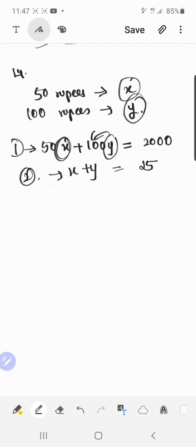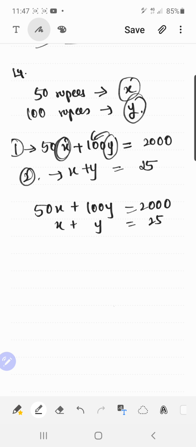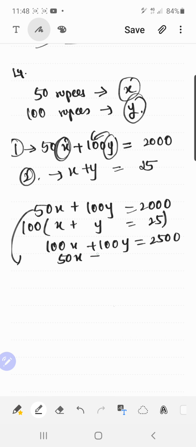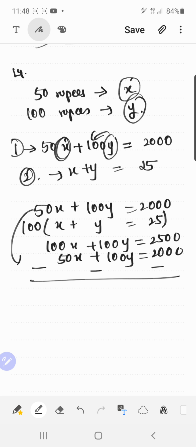Yes, what you can do is you have to take 50x plus 100y is equal to 2000 and x plus y is equal to 25. Now it's up to you which variable you want to eliminate. So if I want to eliminate, suppose y, I'll multiply this with 100, so that I'll get 100x plus 100y is equal to 2500, and I'll take this equation down to equate with this. But the signs are not opposite, so I have to make them opposite by subtracting. So I'll get 50x is equal to 500. From there I'll get the value of x as